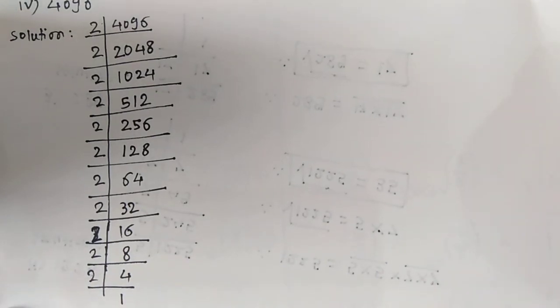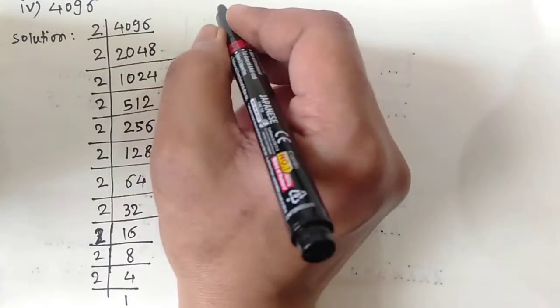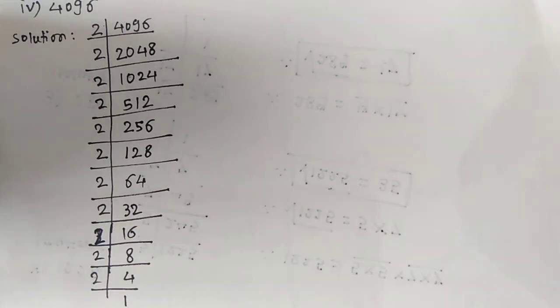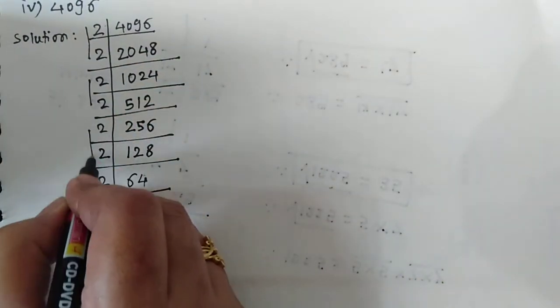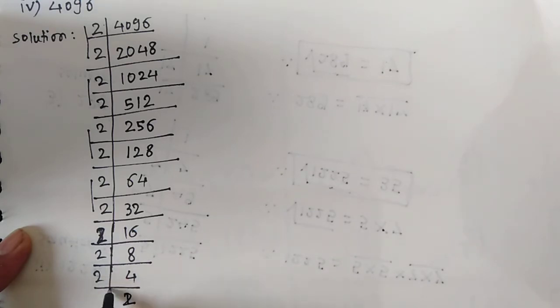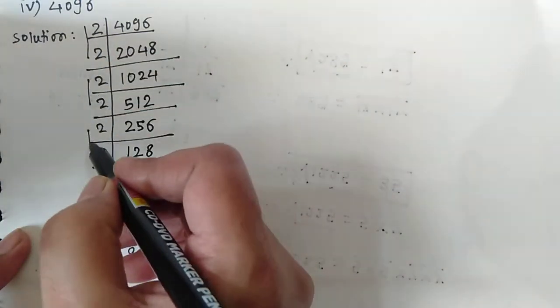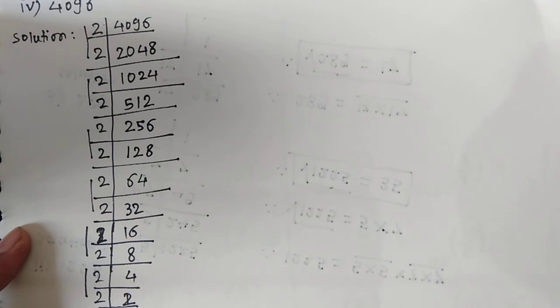So collect all the factors and write down the factors of 4096. Therefore 4096 is equal to how many times? Make the pairs here. 2 twos are 4 and 2 ones are 2. 1, 2, 3, 4, 5, 6 pairs means square root of 4096 is a 6 time multiplication of 2.